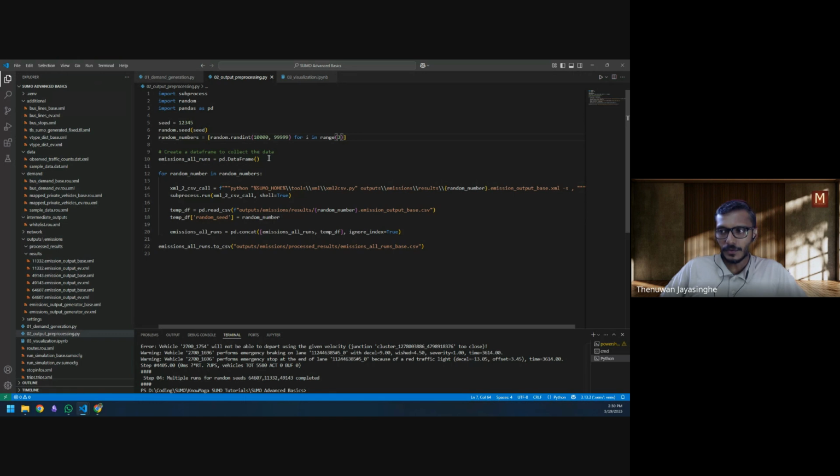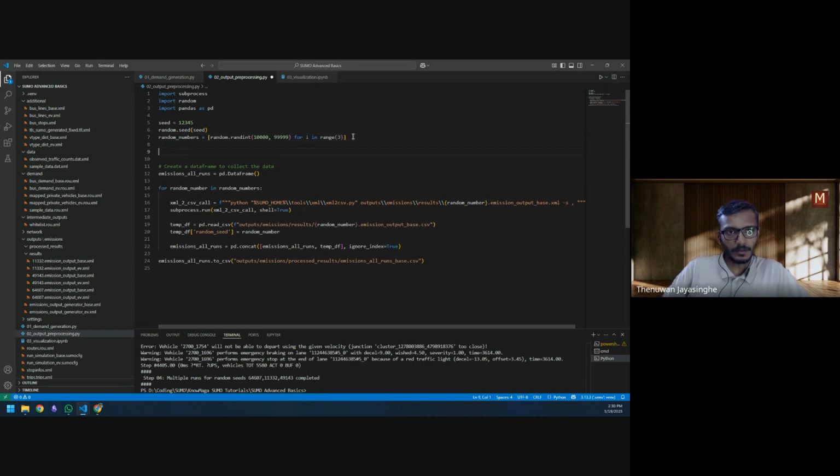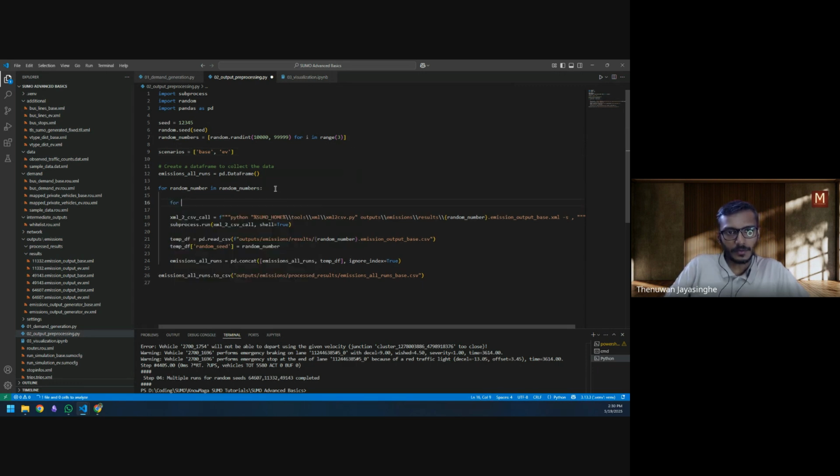So I add a new variable here, let's say scenarios, and I'll add those suffixes, base and ev. And let's say for each random number and for each scenario,